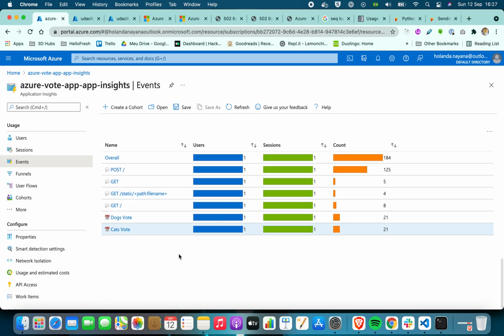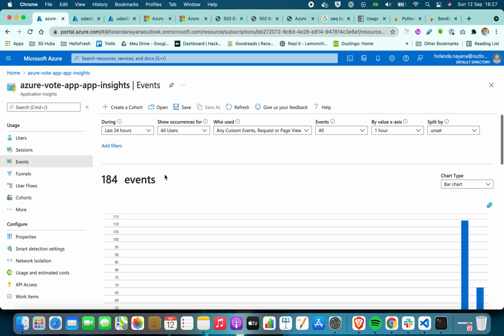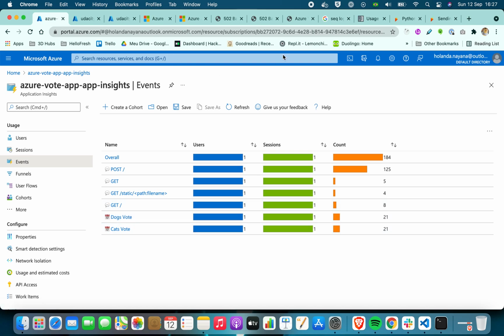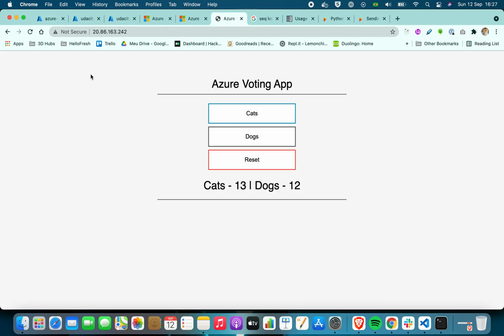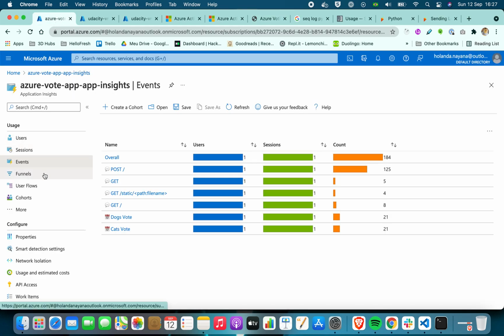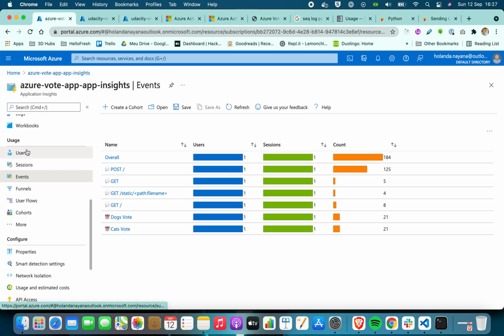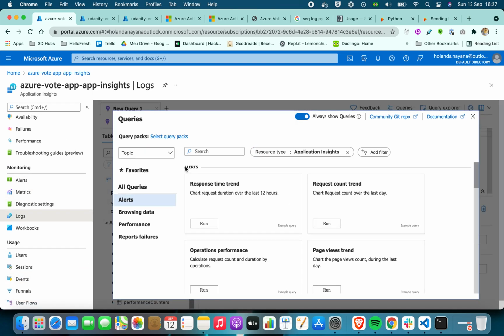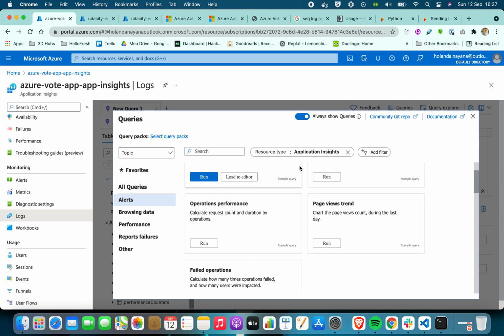So yes, we have more, 184. Yeah, they seem to be updating fine, but they seem to be slow to catch these updates. So yeah, it seems to be working fine. And then after that, we can come here to the logs. That's another part of the exercise. We come to the logs, and